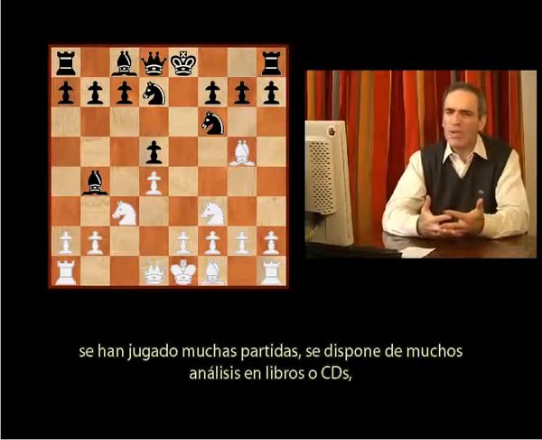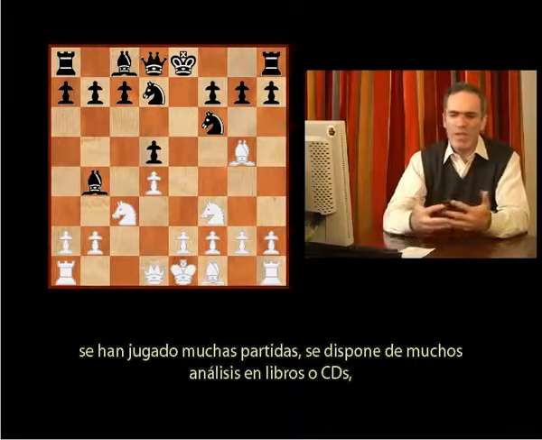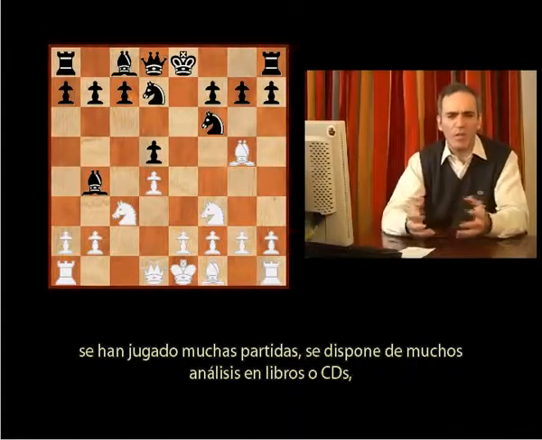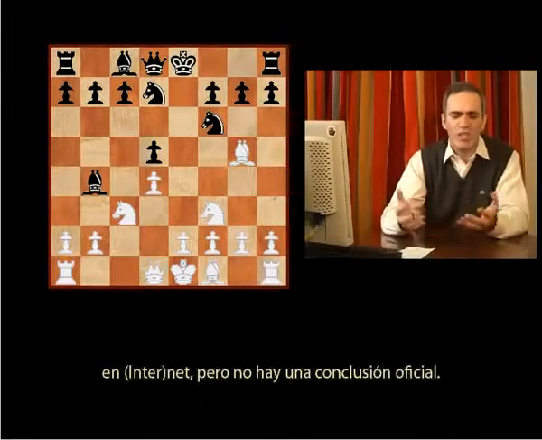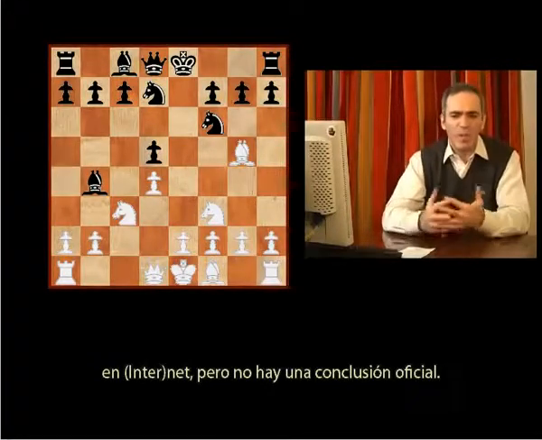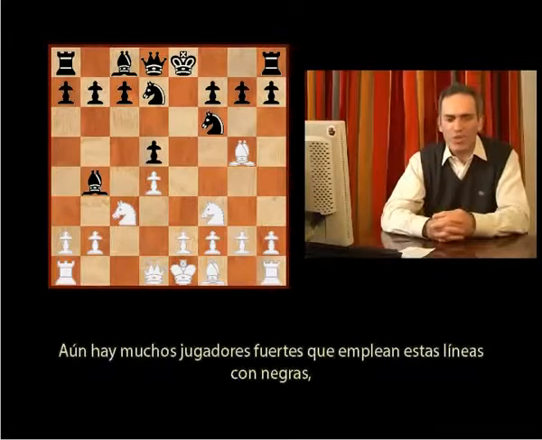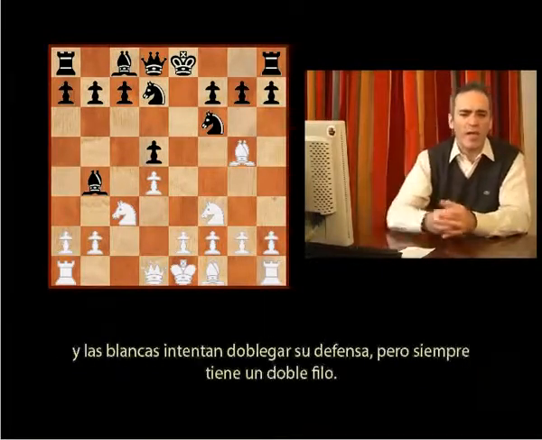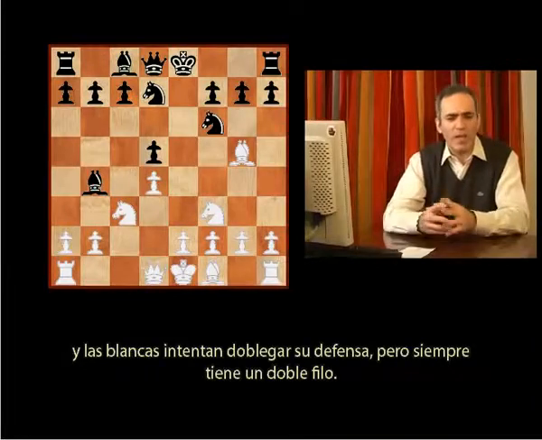And again, we are witnessing the same problem. There are many games played. There is plenty of analysis available in books or on CDs on the net, but there is no final conclusion. There are still many strong players employing these lines with black, and white is trying to crack their defense,